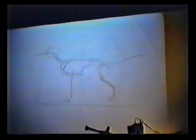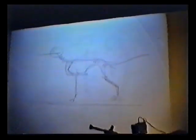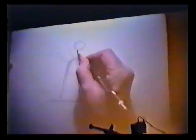Of course, like Christoph said, the problem with doing a front shot and a back shot is that you're looking at a dog very much like a human looking down from the top because of the way their body is, in lateral position. One thing that I found that John Pomeroy used a lot was to think of it in terms of that vertical position, so that you can almost feel that length, and you can almost do something like this just to get that vertical position before you even start to twist it. If you want to get into a situation where you're really going to be twisting the position, the character's going to be looking in this direction,